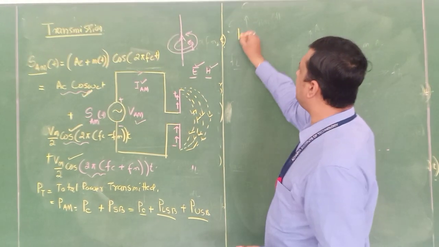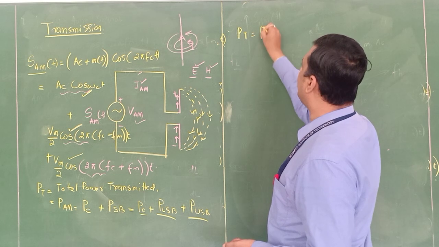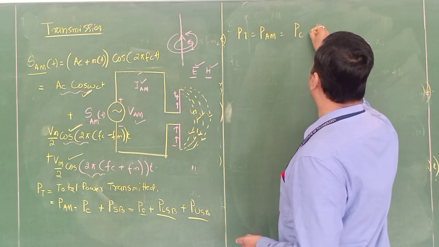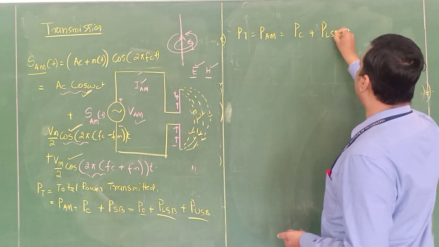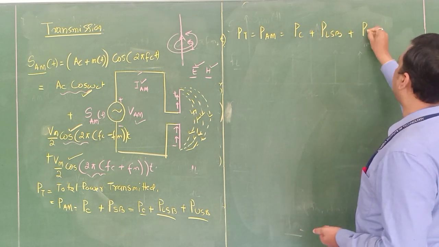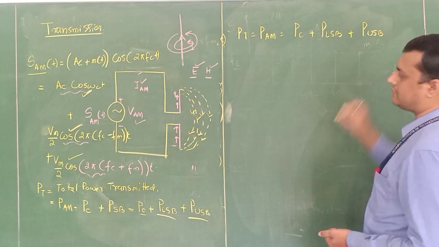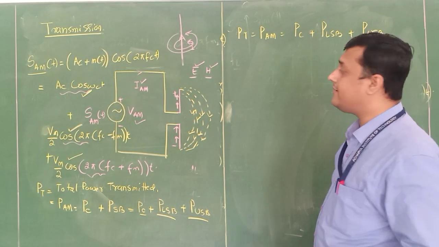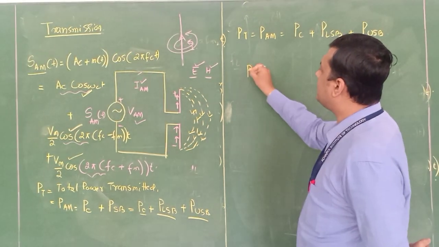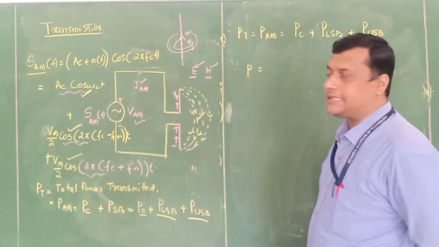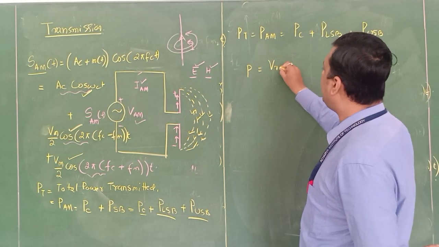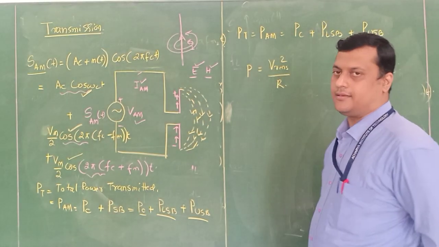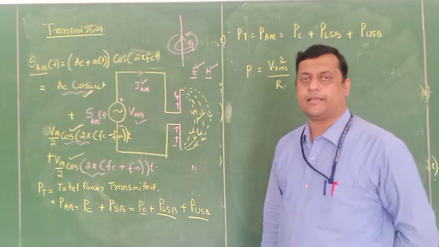So total power is transmitted as an AM signal, which consists of carrier power, lower sideband power and upper sideband power. Done? Okay. Now how to calculate all these things? We had a relationship, yes. As we know, power has a relationship of Vrms square divided by R. With the help of this relation we can determine it.